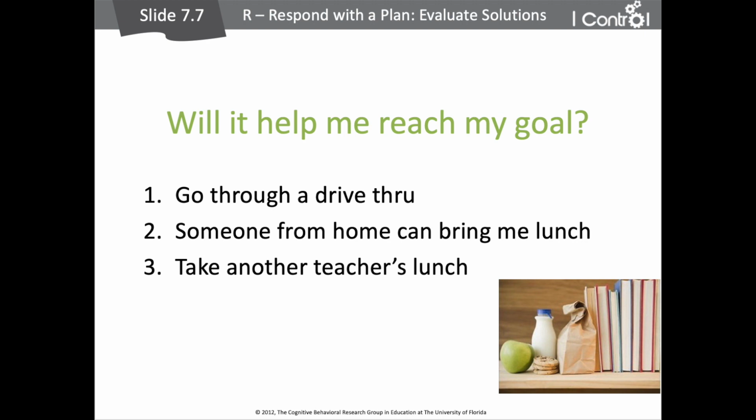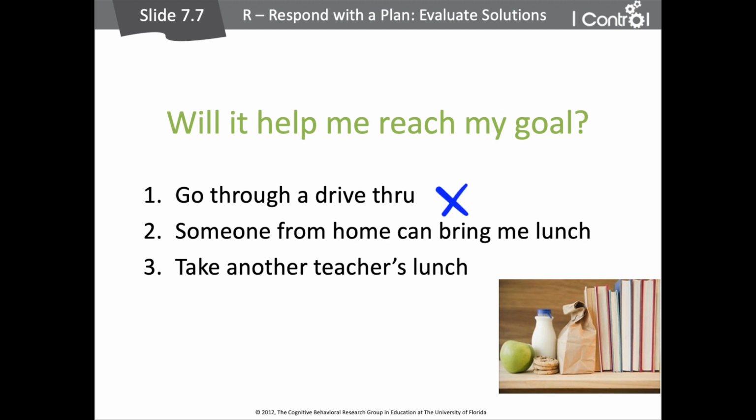Take another teacher's lunch from the refrigerator in the teacher's lounge. To R, respond with a plan. I must evaluate my solutions by asking myself, will it help me reach my goal of having lunch and being on time for work? Well, if I go through the drive-thru, I will have lunch but will be late,